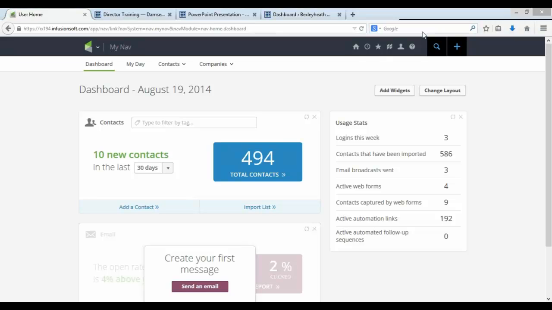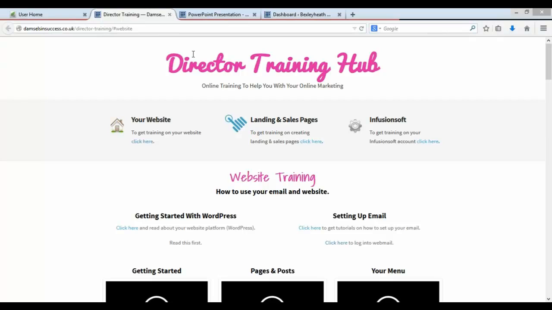And if you have had your training with Ashley and that's all great and you're doing this to build your event, then what I would ask you to do is the following. The first thing you want to do, as you can see from my screen, is log into your Infusion. You'll come up with your dashboard here, so it looks something like this. The second thing that I want you to do is get your Directors Training Hub up, with all your videos and everything, which is